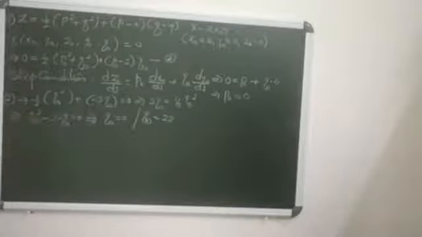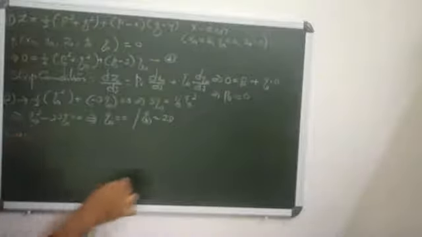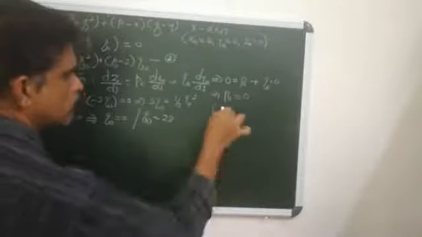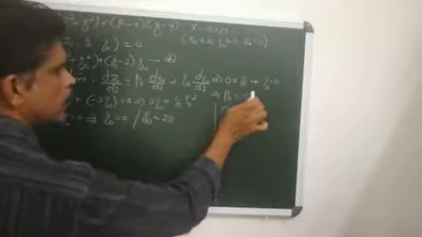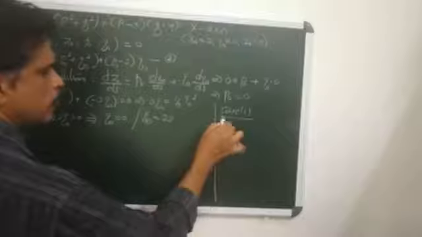One depends upon q naught equals 0, another depends upon q naught equals 2s. So there are two cases that arise. Case first is x naught equals